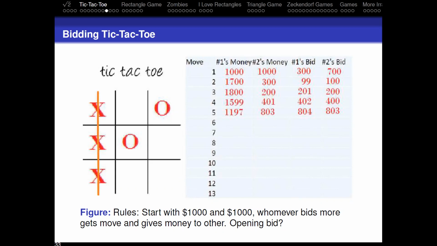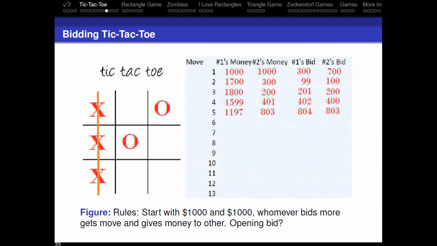Okay. So the point of this is that it's not always clear what the strategy should be. All things being equal, would you rather go first or second in tic-tac-toe? Go first. Yeah, and what square would you like to take? Which spot on the board would you like to take when you go first? In the middle. So it's clear that you want to go first and you want to play in the middle. The question is, how much is that worth?